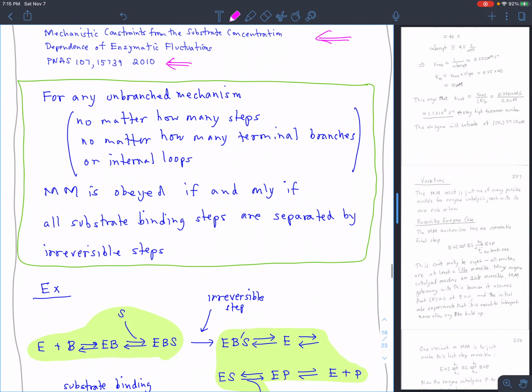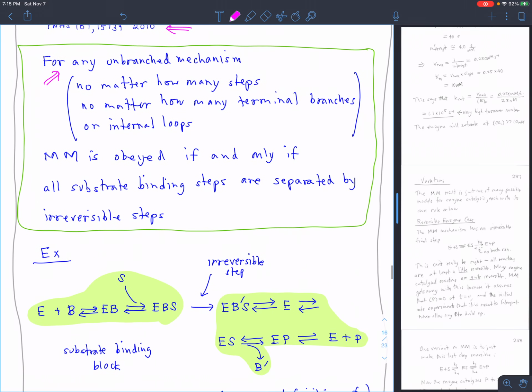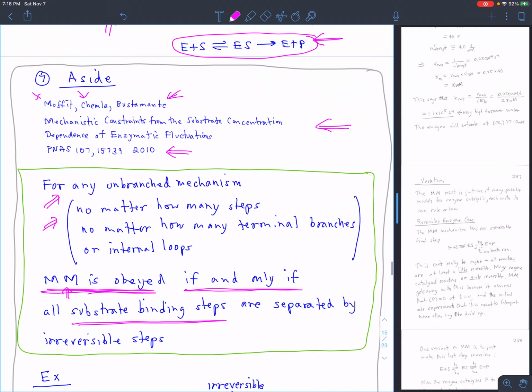And they were able to show straight out on paper, in a tremendously complicated derivation, that for any unbranched mechanism, no matter how complicated, no matter how many steps it has, anything in this whole large class of mechanisms, the Michaelis-Menten rate law is obeyed if and only if all the substrate binding steps in the mechanism,